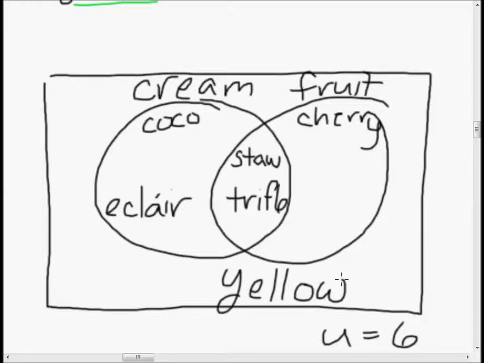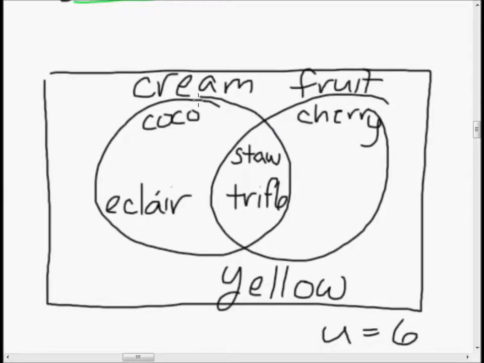So now we come to the time of truth. We had both trifles and strawberry shortcake that were both in cream and fruit containers, and now they're in this overlap area. How cool is that? So if we were going to describe things that were both fruity and creamy, they're right there. How cool is that? So you say, okay, how is any of this helpful? And I say,